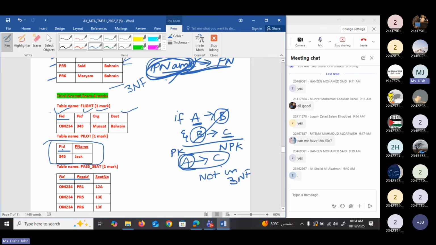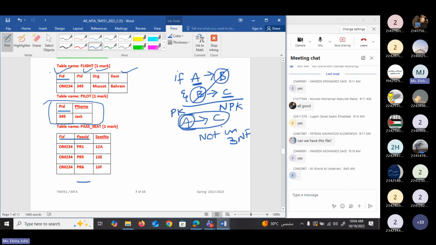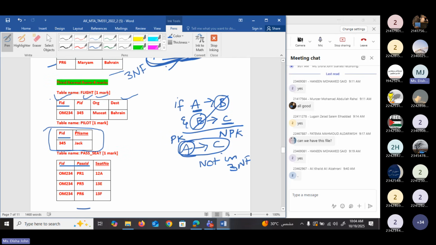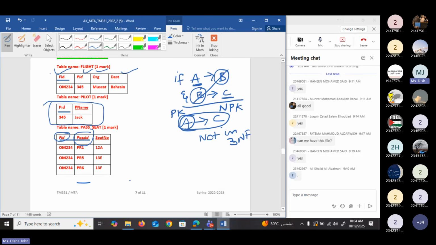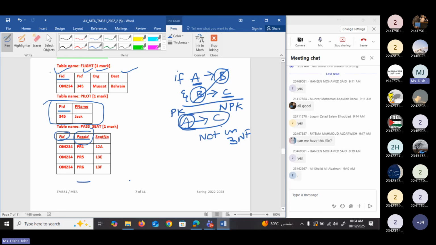And in this table, passenger ID is the primary key. Here the primary key is flight ID and passenger ID, the combination of flight ID and passenger ID. And for the foreign key of this table, flight ID we took from the flight table, and passenger ID we took from the passenger table. So we can say that it is a foreign key, and this is also a foreign key. So here the primary key is the same as the foreign key. Clear? Do you understand?